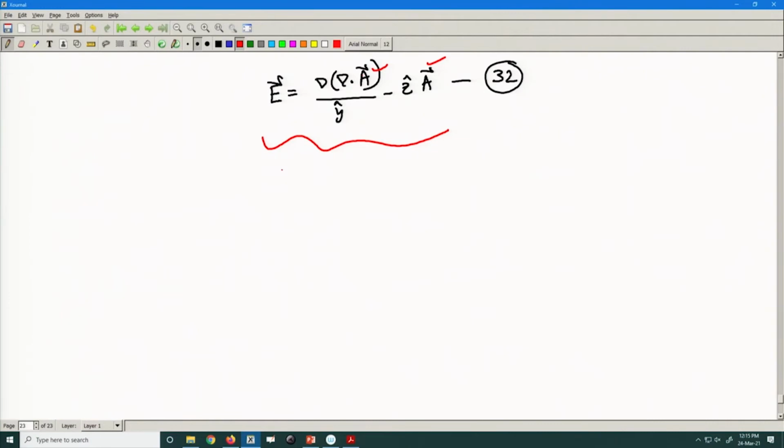So, let us suppose in that regard that A has only a z component, A equal to u z psi. Then we can calculate H as curl of A readily,